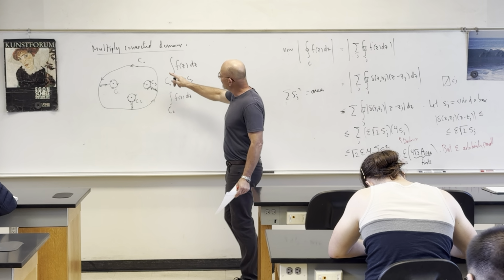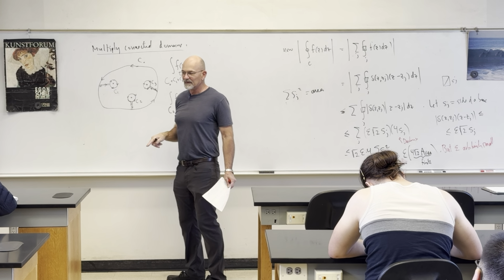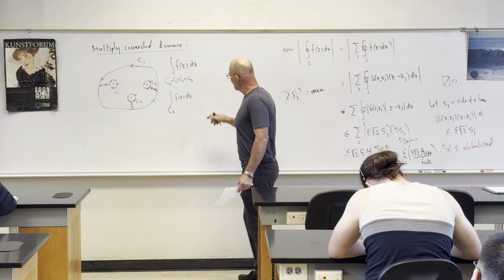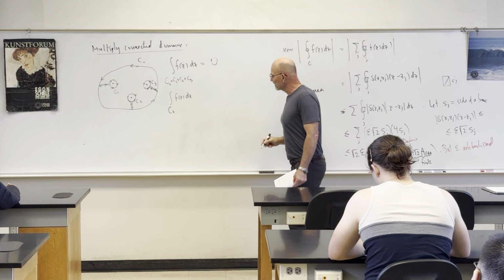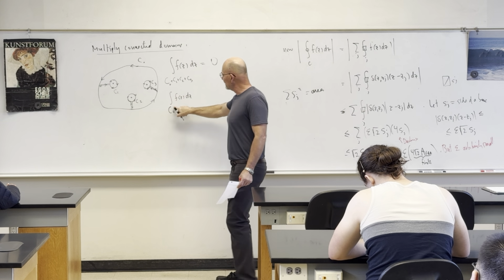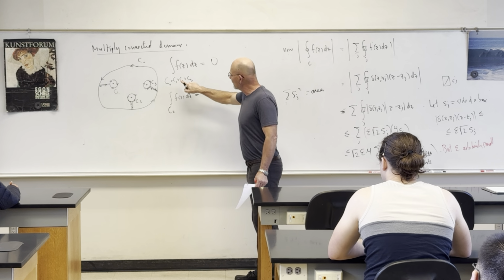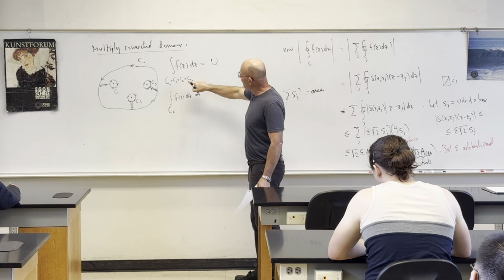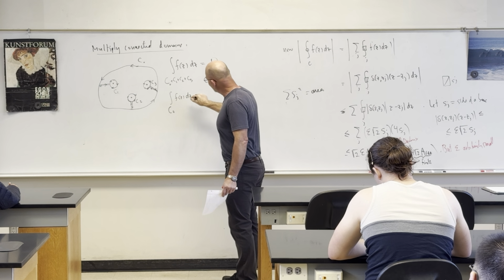You'll notice this is an oriented contour, and these 3 are clockwise. So this is equal to 0. Okay. Now we can say this C0 contour, C0, C1, C2 plus C3, but since these are the opposite direction, they have a minus sign in them